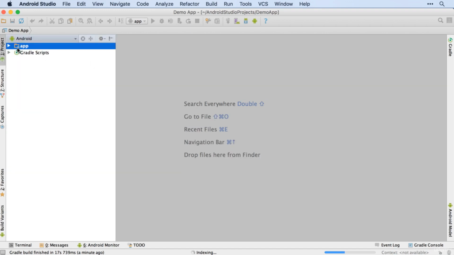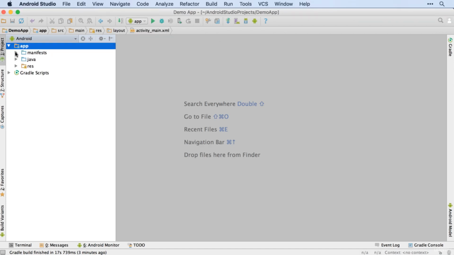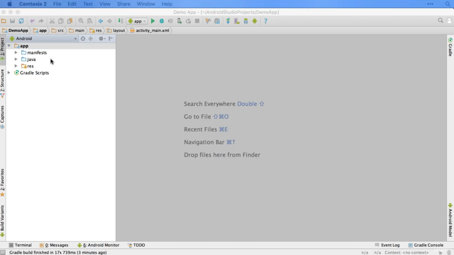the top left there. So here you can see we've got two options to choose from. The first is our app, and you can see by the little folder symbol that this is the selection of folders and files that make up our app. The second is Gradle scripts. Now Gradle is an open source build tool, which essentially is what Android Studio uses to build your app from these folders and files. If we want to, we can add in some scripts to do some custom work in the build process. We'll be doing that later on in the course, but we don't need to do anything with Gradle scripts right now. For now though, we'll look into the app folder by clicking the triangle, and you can see we've got